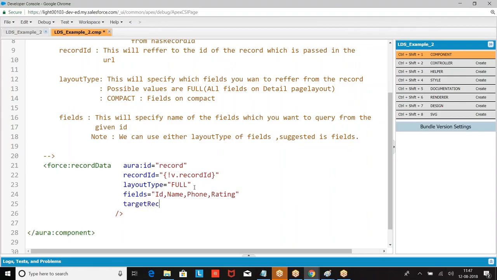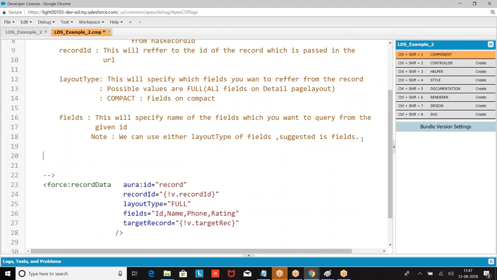Then I am giving here targetRecord. So the record which was fetched based on the fields and ID that we have given is in the target object.